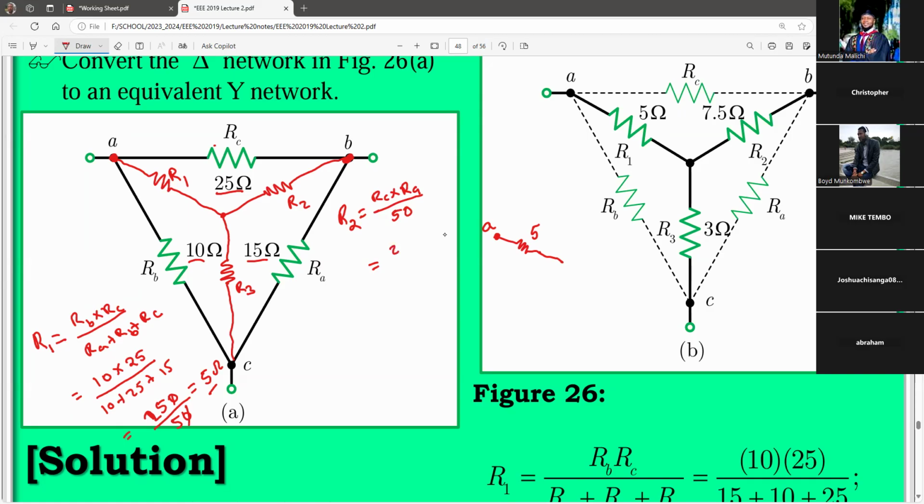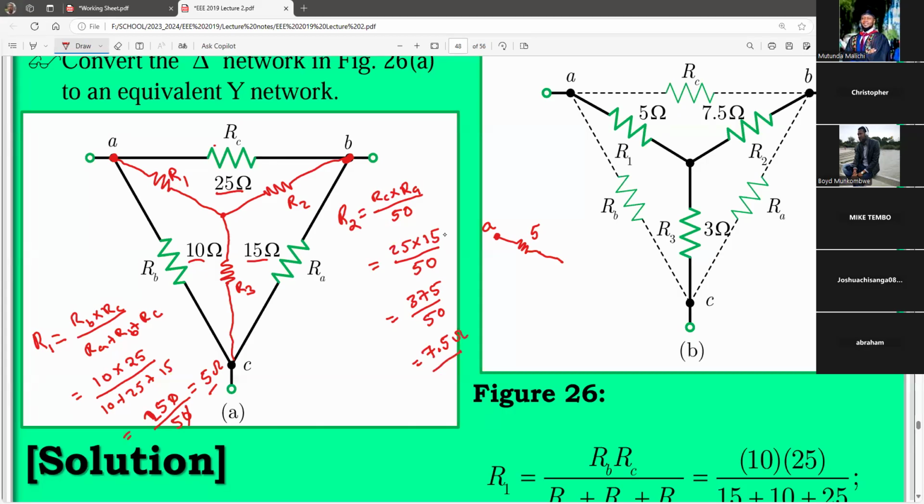So it will be 25 multiplied by 15 divided by 50. If you do your math properly, 25 multiplied by 15 is 375. If you divide this by 50, you should be able to get 7.5